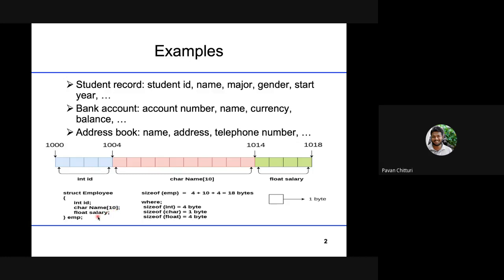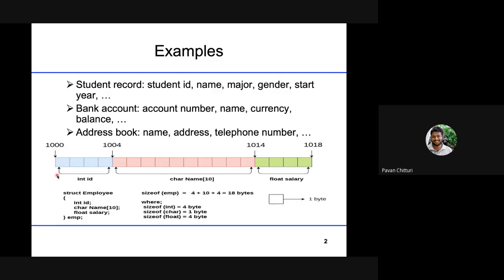My salary can contain a floating point value because of the deductions which are done in my salary. So in this way, this is my structure. Here I'm creating a new data type called employee, which has three different fields.